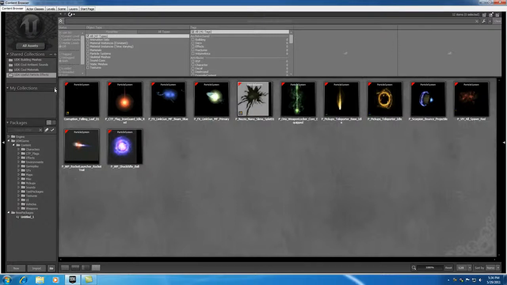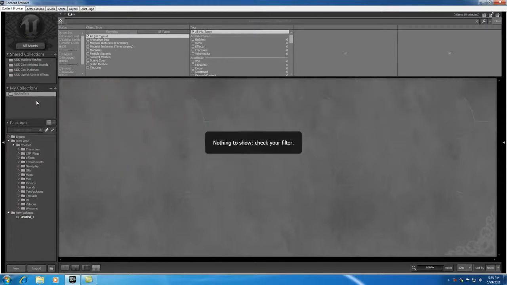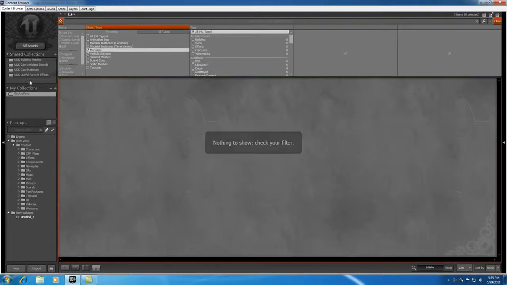So, let me go ahead and show you how to create one right here. Go ahead and enter a name. I'm going to put Bucky's Faves, and click OK. Like I said, a collection is pretty much like a favorites folder. Now if we double click this, we get nothing in our folder by default because we didn't add anything yet. So say I was working on a game and I wanted to have materials,